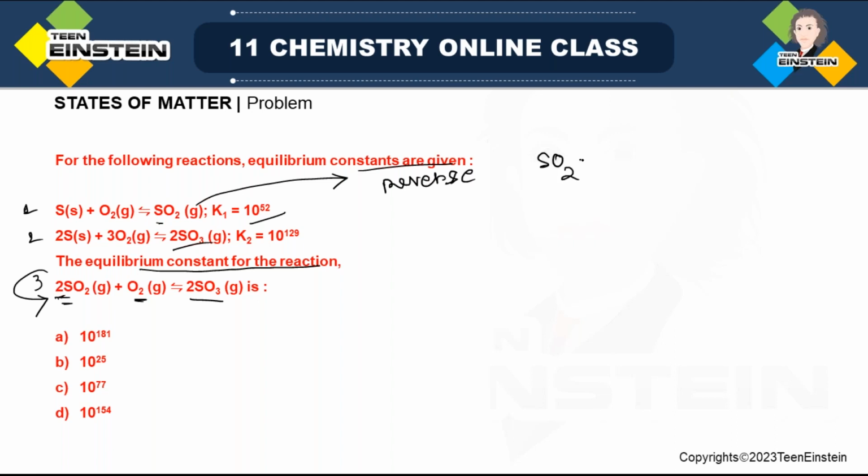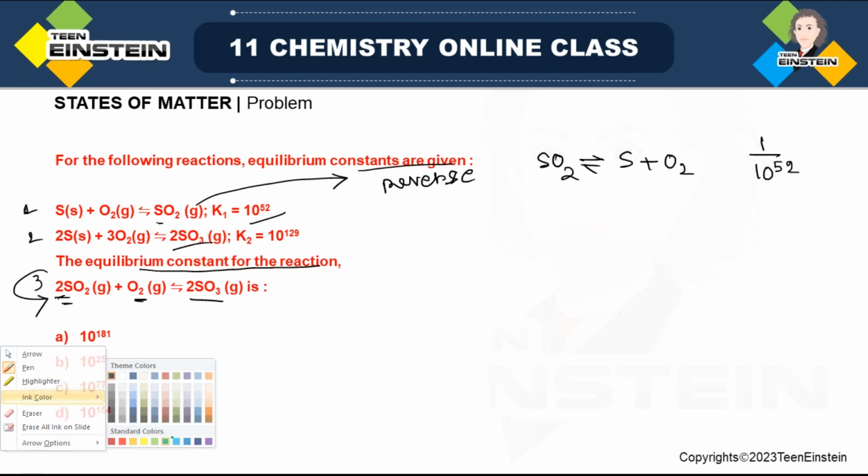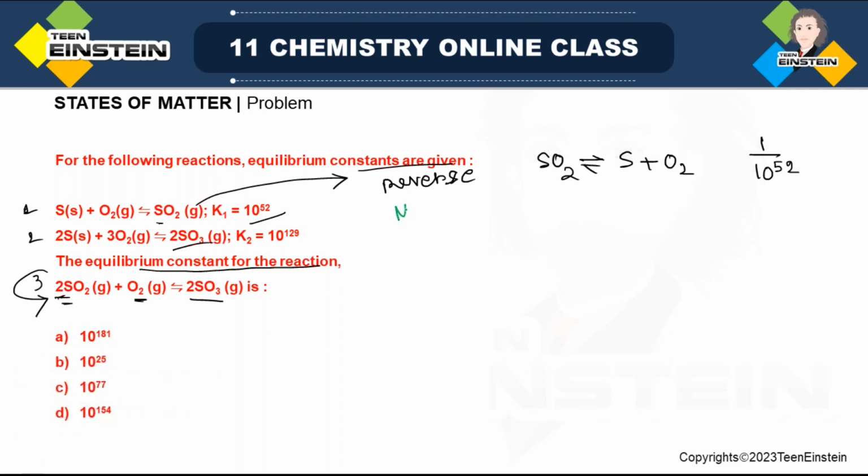So first write this equation in reverse order. So when it is reversed, it is 2SO2 giving 2S plus O2. I'm not writing the physical state for simplicity. So once you have done it, the K1 value will be changed to 1 by 10 to the power 52, right? Now the next step, what will you do? Next step, you will multiply by 2. So when you are multiplying it by 2, there will be a square, which is basically 1 by 10 to the power 104. So suppose this is equation, okay, I'm not giving any number. Next step, what will I do? Now I will